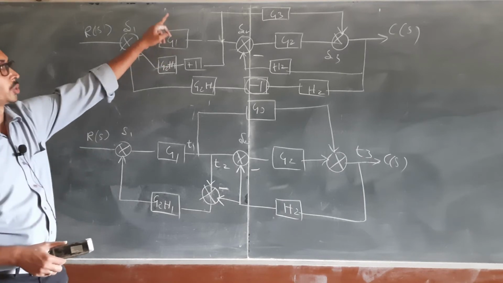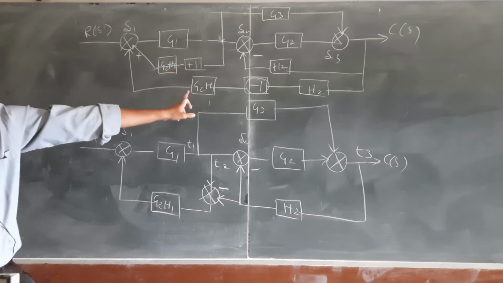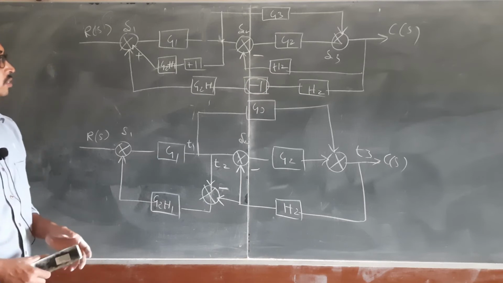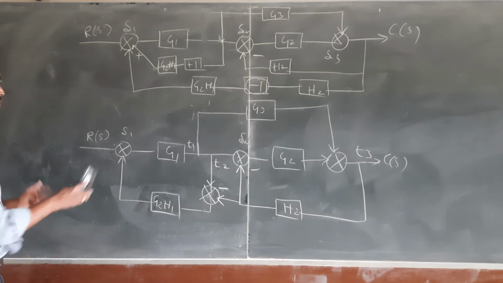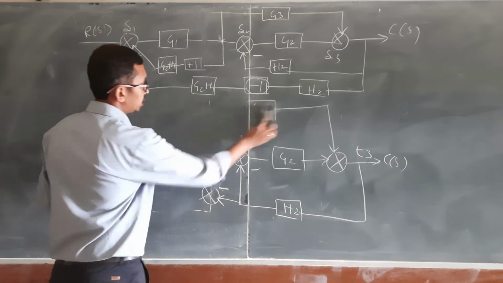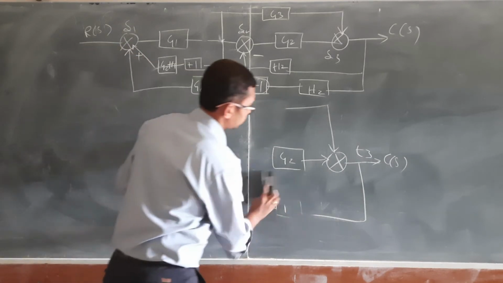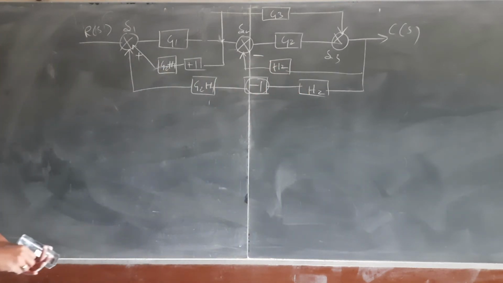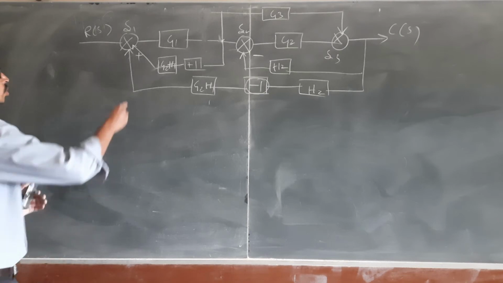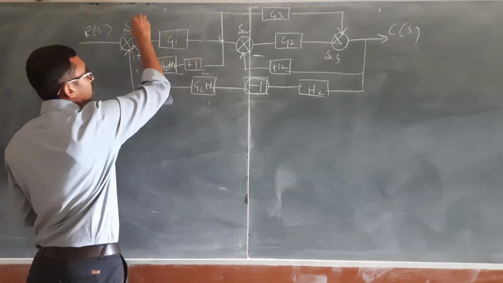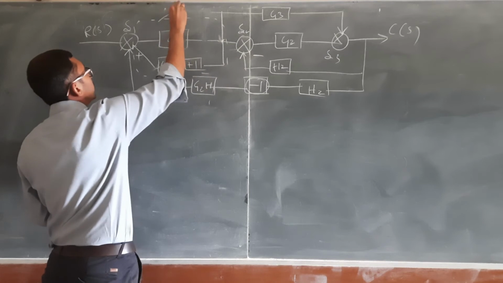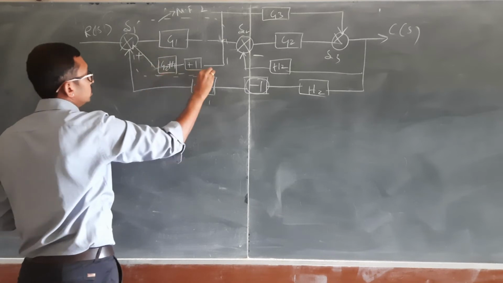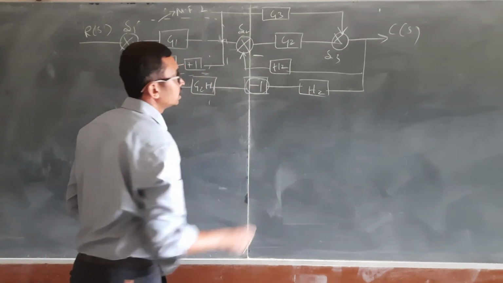After this, what can we do? Here we are going to come across a minor feedback loop, and we are going to get 3 blocks in series. Like that we need to eliminate. So what rules are we going to apply now? Let us write it. Which rule am I going to apply? Here this one is a minor feedback loop, and these 2 are in series, and these 3 are in series.